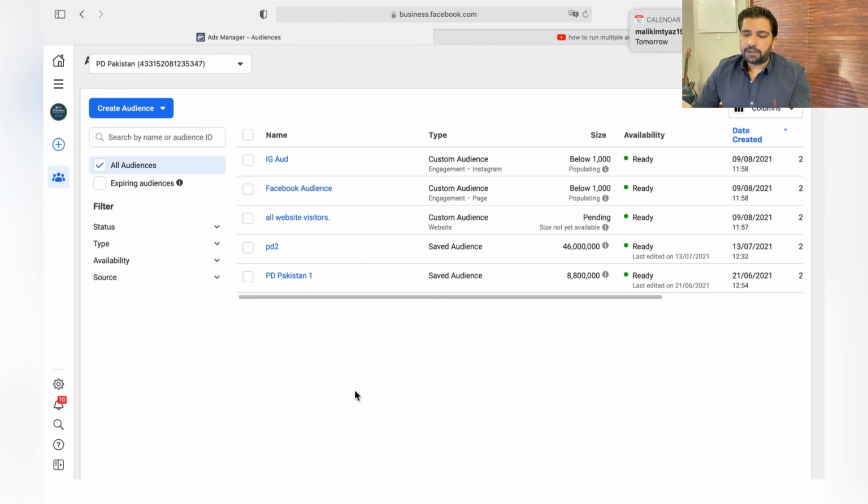Now, refer to my previous videos: you can target all these audiences within the same ad set or same campaign, spending the same amount of budget. For instance, if you're spending $20, duplicate your audiences and show different audiences the same artwork, and you'll know which audience is performing better for you.